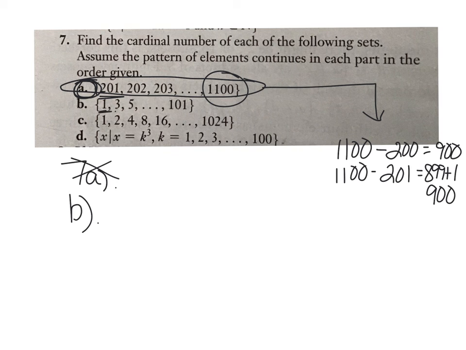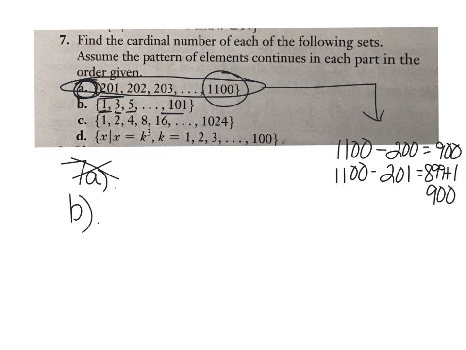It's different. We're going up by twos. It's odd numbers. And that's something that's really important to understand and to notice, because then there aren't as many numbers in the set. So there isn't 101 numbers in this set. To figure out how many numbers in this set, we're going by twos, but this is our end number,